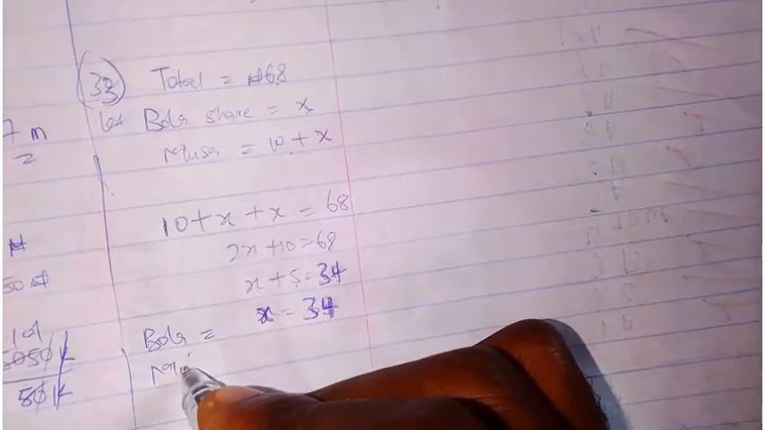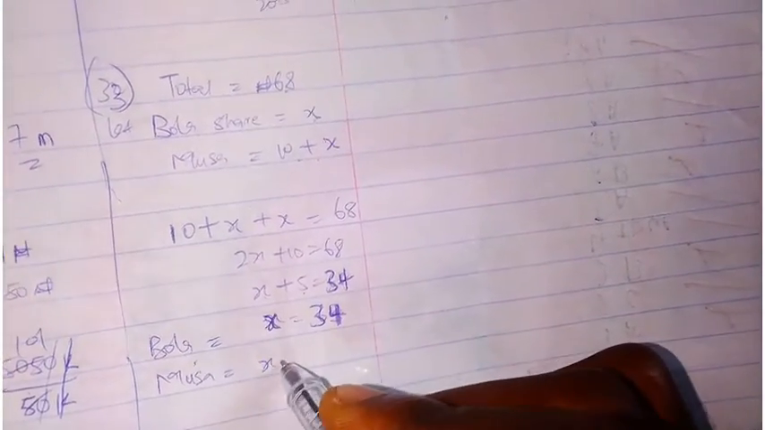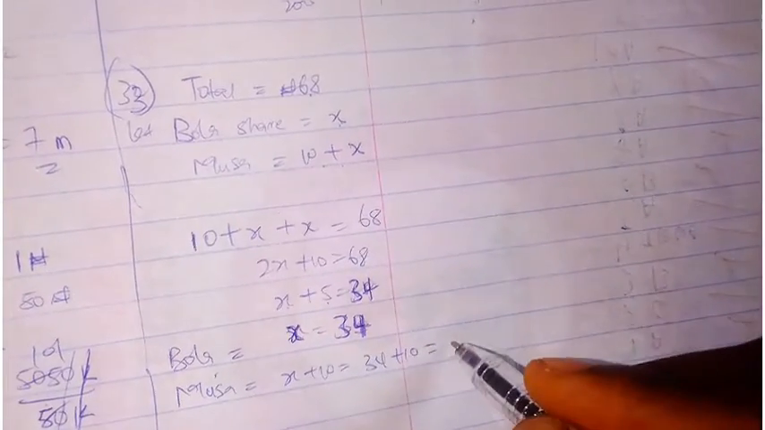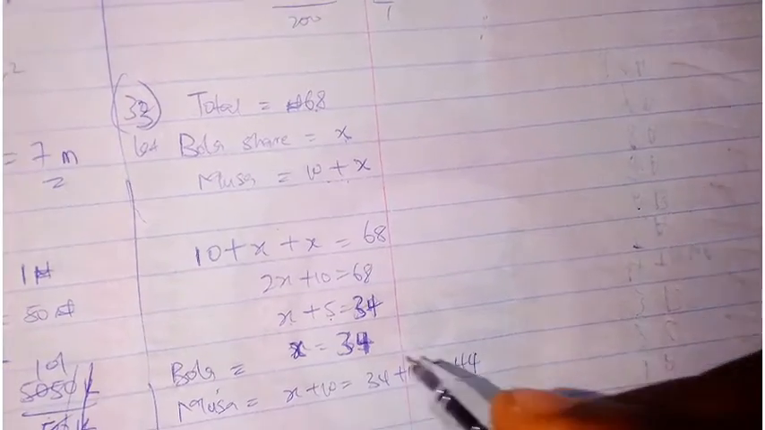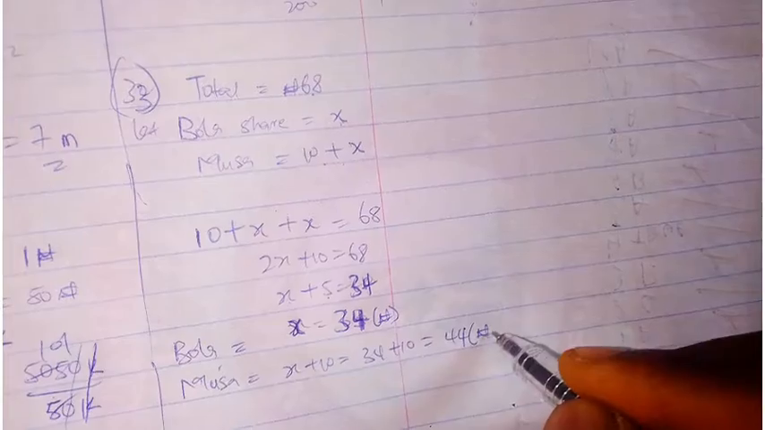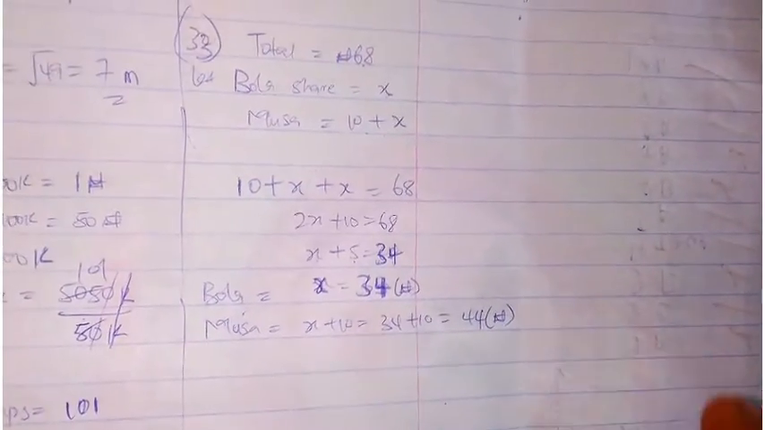And Musa's share is equal to X plus 10, which is 34 plus 10, and that's 44 naira. So it means this guy is taking this naira, this guy is taking this naira. As simple as that. 34 question